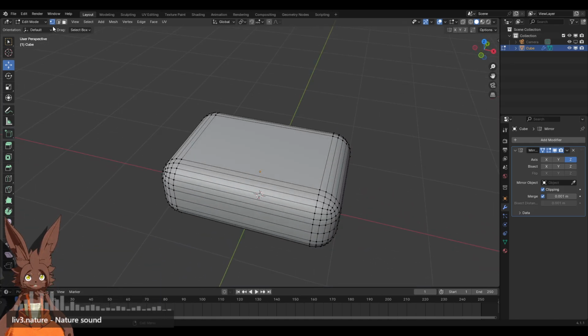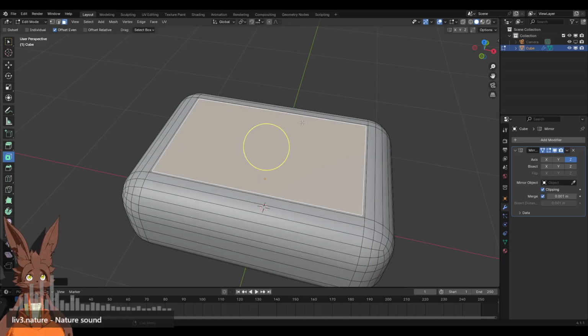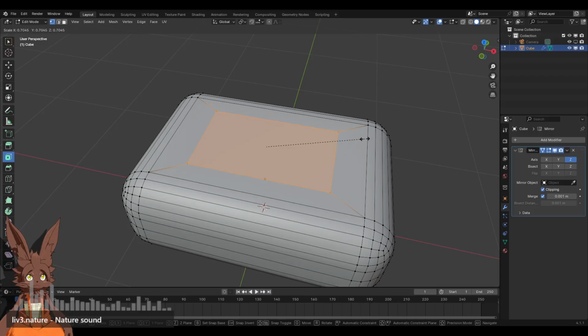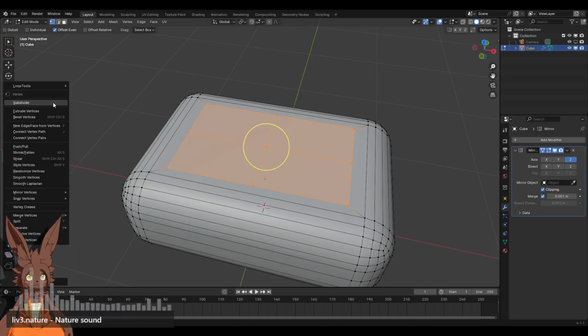I am going to go ahead and click on the faces here, then click this face. And I'm going to insert face. So I'm just going to pull it a bit so it just adds a face, and then I'm going to go ahead and scale that into about here. I'm going to subdivide that, and again